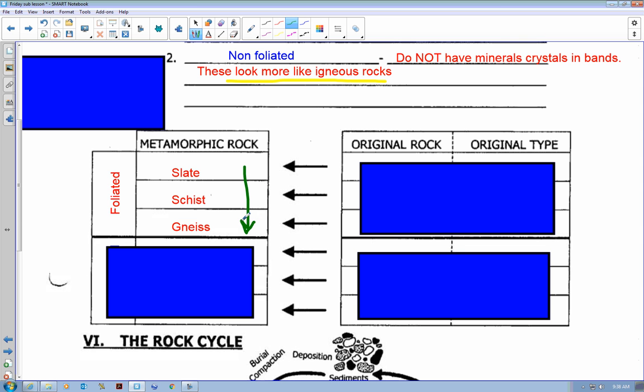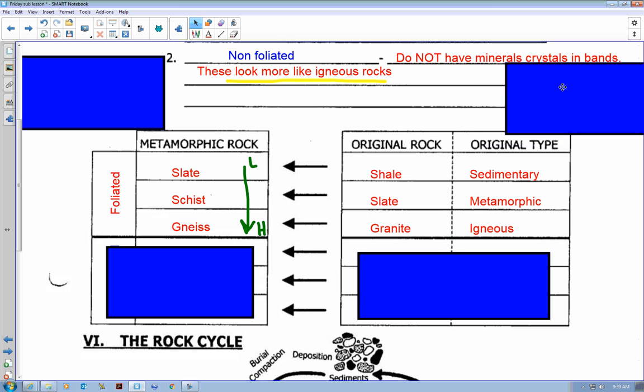And I think of it almost like a food analogy of cooking. So slate would be a very sort of low level, just a little bit of cooking. And then a schist is a medium, and a gneiss would be a very high level metamorphism where lots of sort of cooking has occurred, if you will. Lots of heat, lots of pressure. It's well done. And if we look at some of the original rocks that became these things, shale very much